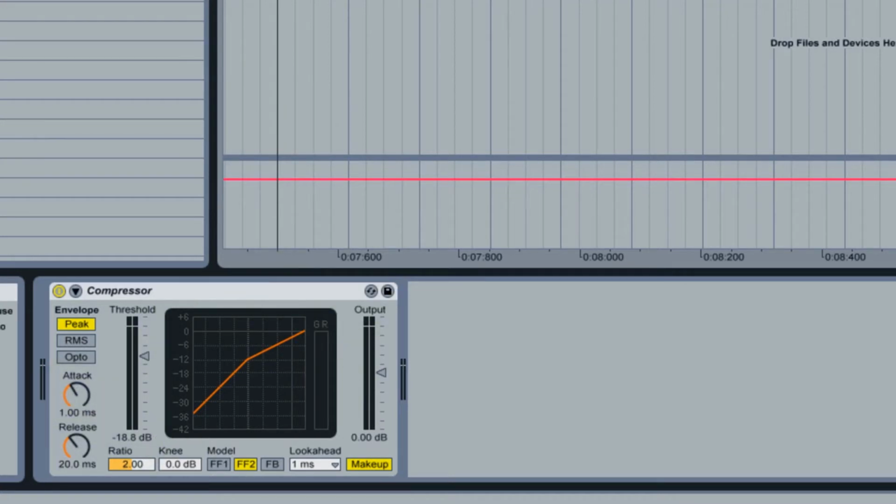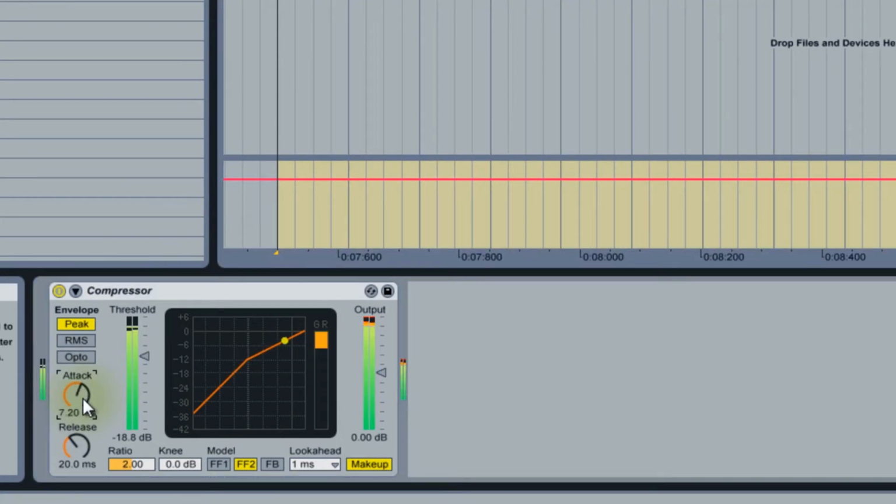But to increase that initial transient, we're going to bring the attack up to about 6 milliseconds maybe. What I'll do is I'll turn this up gradually, and you can see how it reacts to the attack phase. That attack phase basically lets through the signal. So if I set it for 16 milliseconds, for the first 16 milliseconds it would let through the signal and gradually ramp up the compression. So as you can see, as I turned that up, the initial transient got a lot more pronounced,